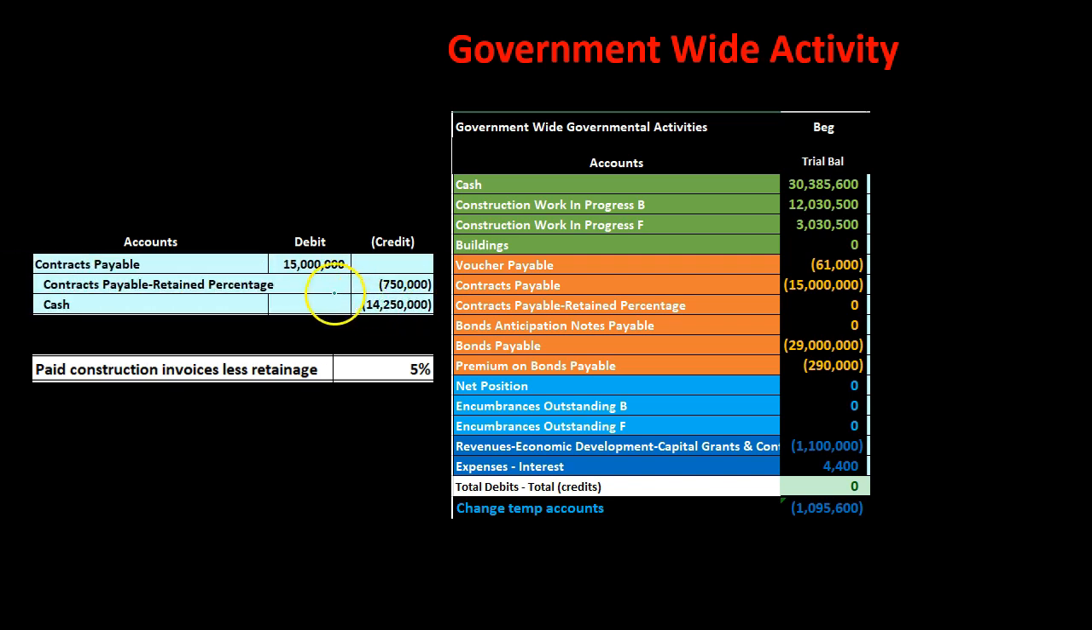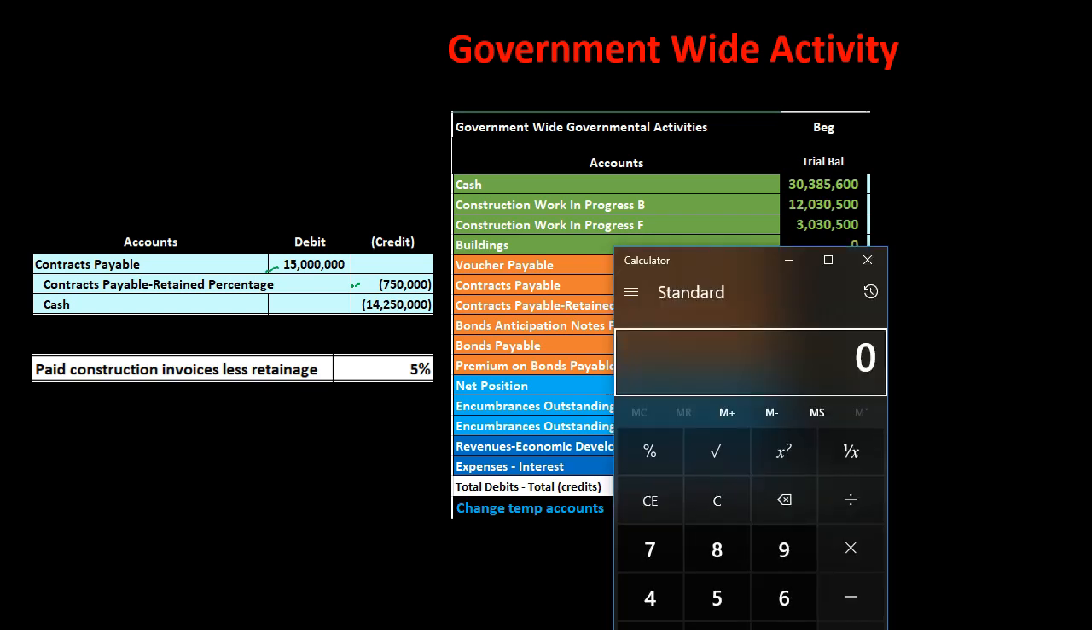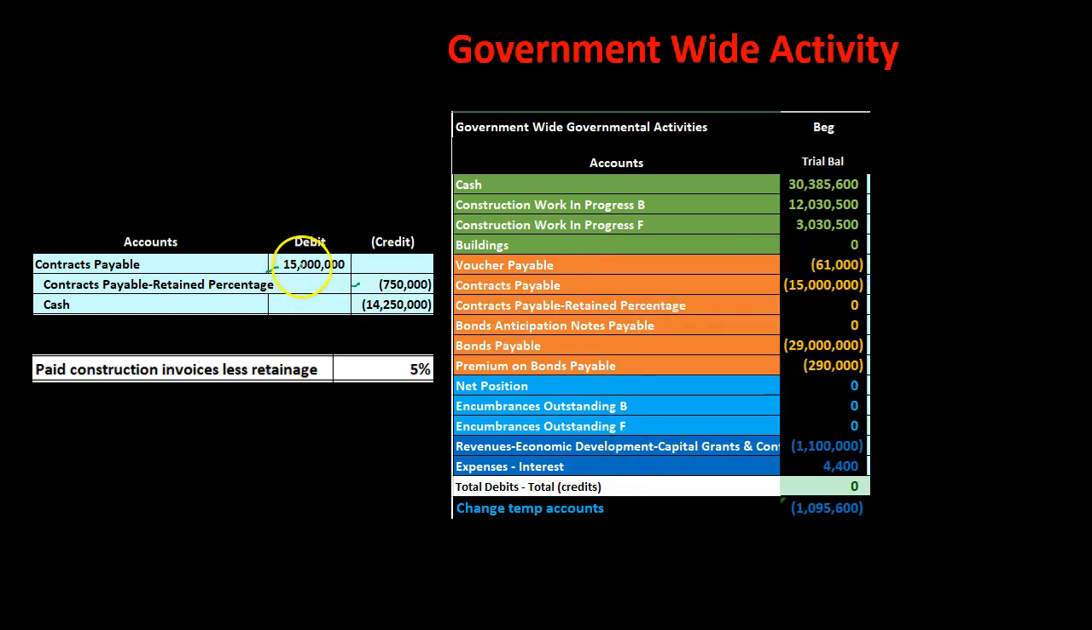So that's going to look something like this. We've got the $15 million liability. We're going to debit it to make it go down, but we're going to keep some of it and still have it owed. We're going to move it then to the contracts payable retained portion. And that amount is going to be the 15 million times 5% or 0.05. And that's going to give us our $750,000. So we're going to take this off the books. We're going to put it on another liability at the 750. Then the cash we're going to pay is only going to be the